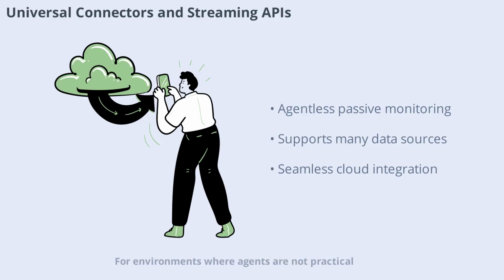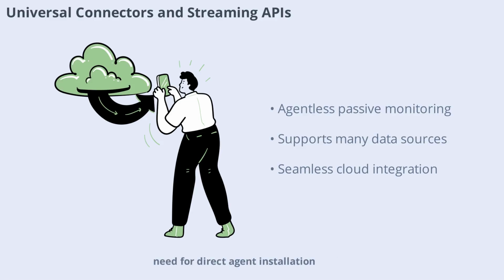For environments where agents are not practical, Guardium offers universal connectors and streaming APIs. These agentless solutions provide passive monitoring for both cloud and on-premises data sources. Universal connectors can be tailored to a wide range of data sources, including popular platforms like MongoDB, MySQL, and Amazon S3. Streaming APIs further enhance monitoring by enabling seamless integration with cloud-native data flows, ensuring comprehensive visibility without the need